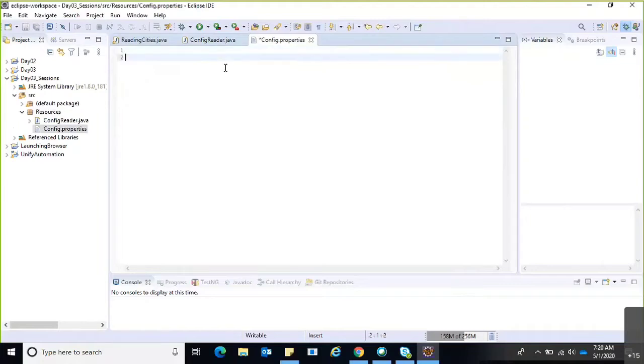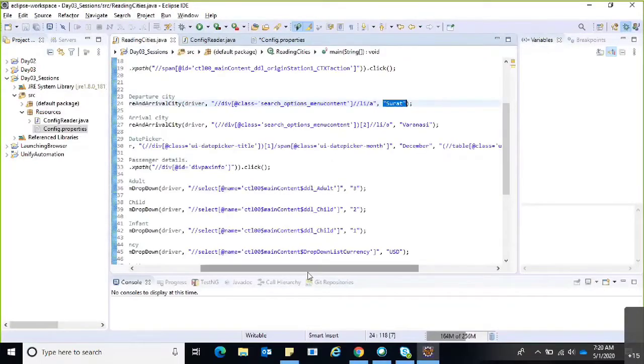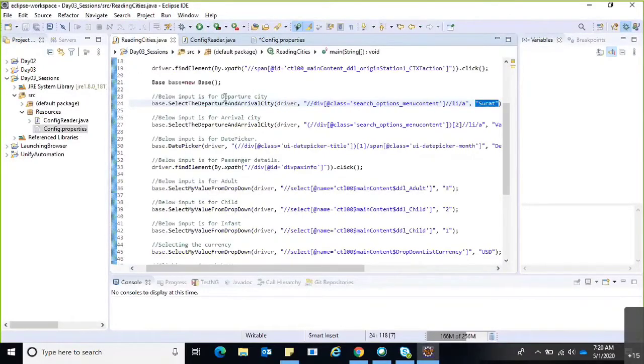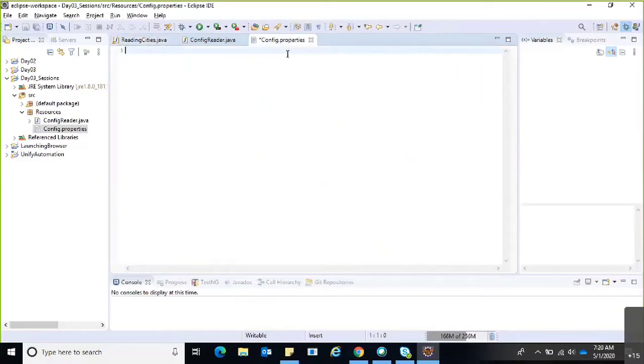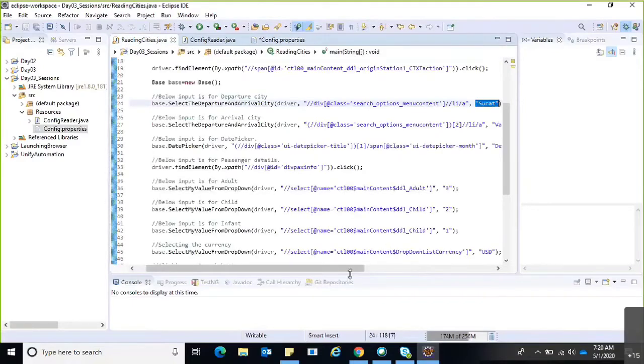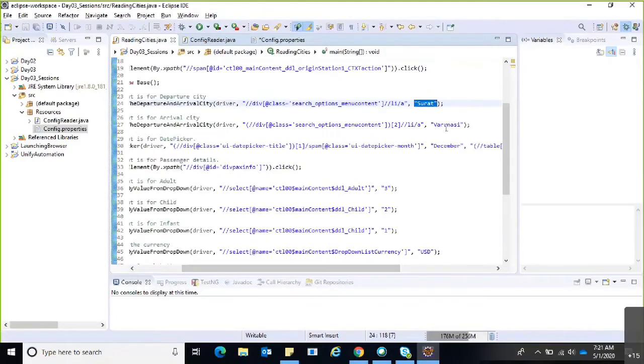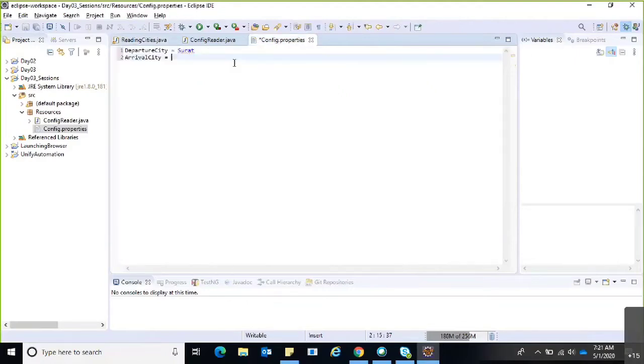Now, what details do I need to pass here? Go to the reading cities and see. Departure city, that is Surat. Arrival city, that is Varanasi.